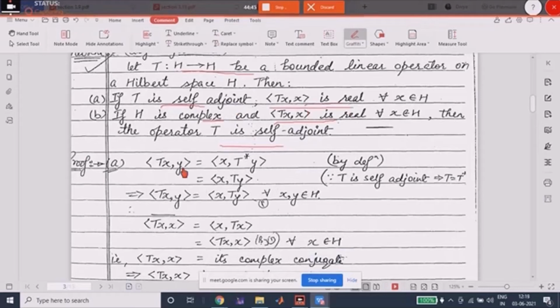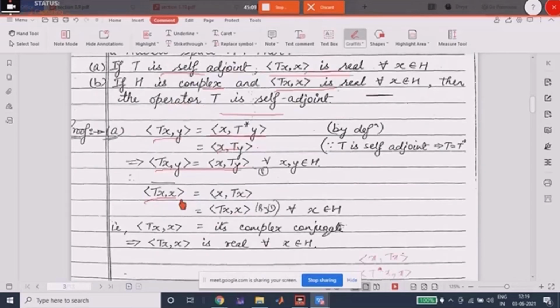Next is the theorem on bounded linear operators. If T is self-adjoint, then the inner product Tx, x is real, and if H is complex, then if this is real, the operator T is self-adjoint, right? So to prove that if T is self-adjoint, we consider the inner product Tx, y, which is equal to x, Ty, right? And T star can be written as T. So therefore Tx, y is equal to x, Ty, and that would imply